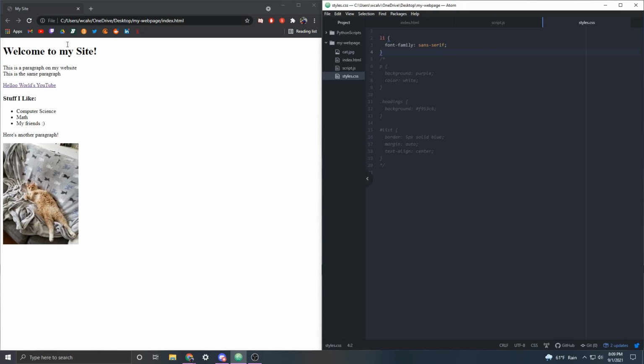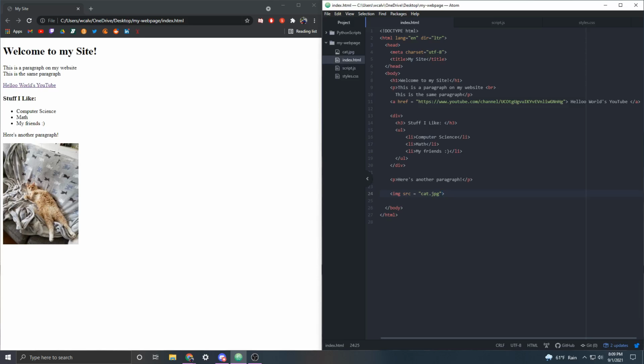Now, if I save this and run it, you'll notice nothing happens. It all stays the same. That's because my index.html file, despite being in the same folder as my styles.css file, does not recognize that it's actually trying to use this styles.css file. So we have to go put in a one-liner